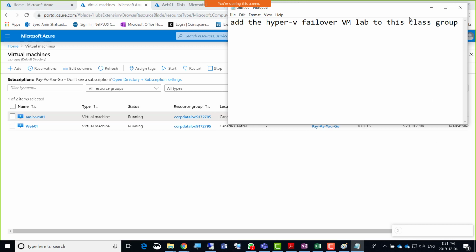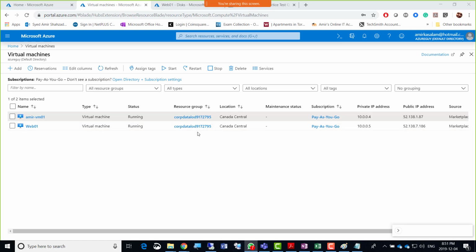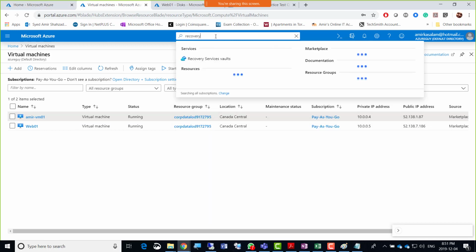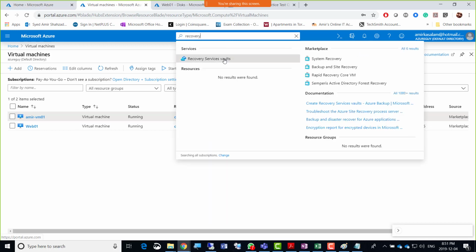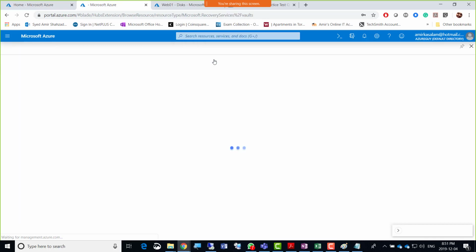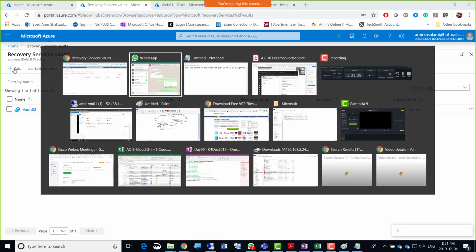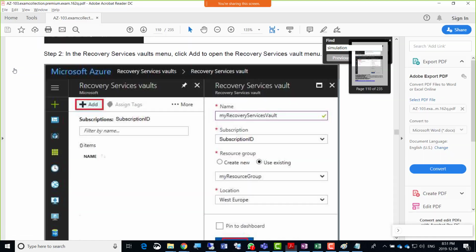Minimizing. Okay, so what we were doing was we need to go to the recovery services vault here. So I'll just put the word recovery here. In the exam, you will have to put the word recovery and then click the recovery here, and then there's that recovery services vault. So I'm just gonna click the add button. Now, if we go for the exam questions, there are recovery services vaults there, and it is showing there as well.